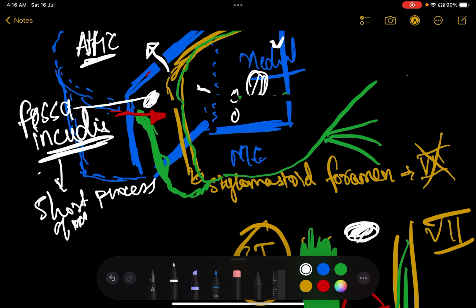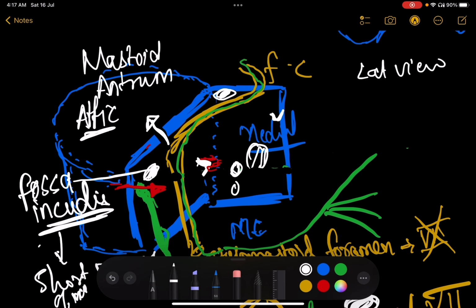The pyramid has two parts, obviously. So what is the pyramid first, and then let me tell you about its parts. The pyramid gives attachment to a very important muscle called the stapedius. What I mean by attachment is that the muscle stapedius itself originates from here. And as you can see here is the oval window, where I have drawn on the screen another circle over the round window. So from the pyramid, this beautiful area in the middle,